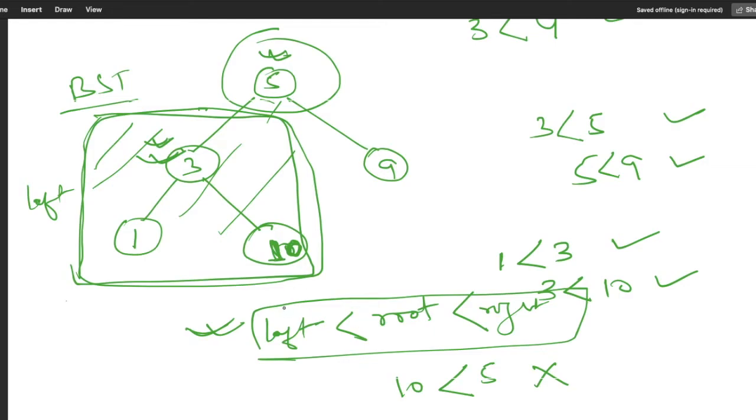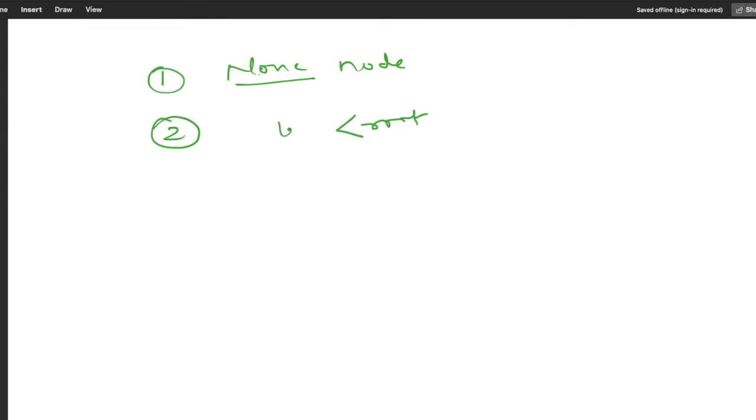And what we will do here, let me explain line by line. So our very first condition is the none check of the node. Now the second condition check will be the left and right side checking. Means the root data should always be greater than the left part, and this root data should always be less than the right part. Correct?